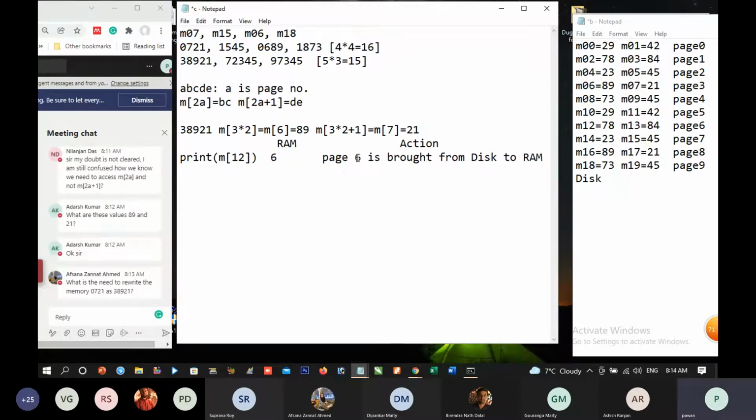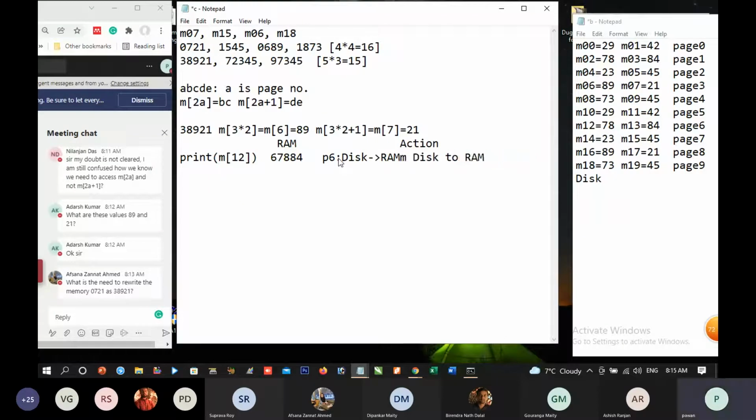And what is page 6? Page 6 is this, 7884. Clear to you? So we can also write it in short: P6 is transferred from disk to memory RAM.